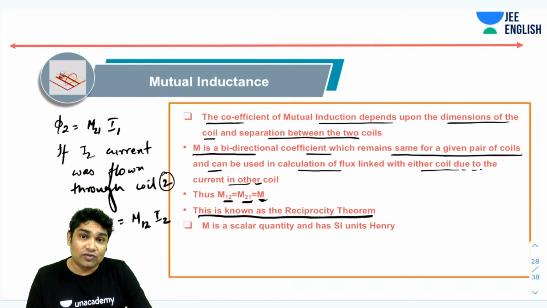That for two coils, the coefficient of linkage of flux, or the coefficient of mutual induction, is the same. Okay, so M12 is always equal to M21. So